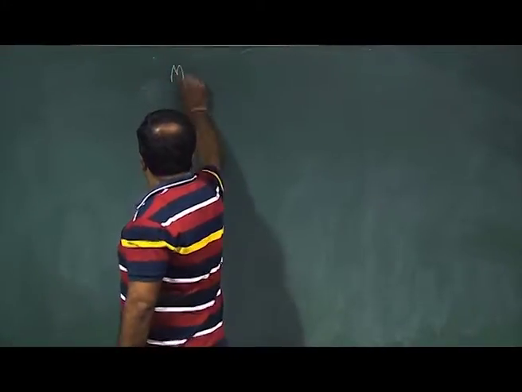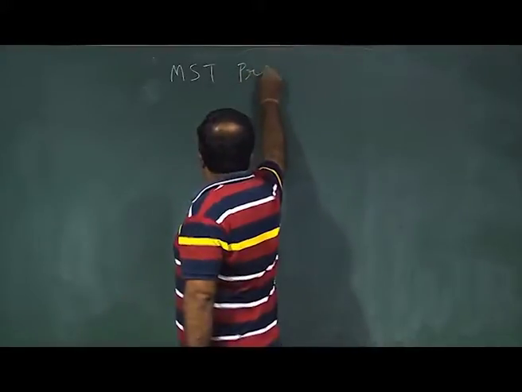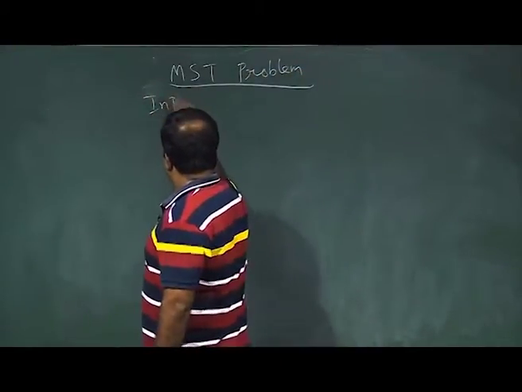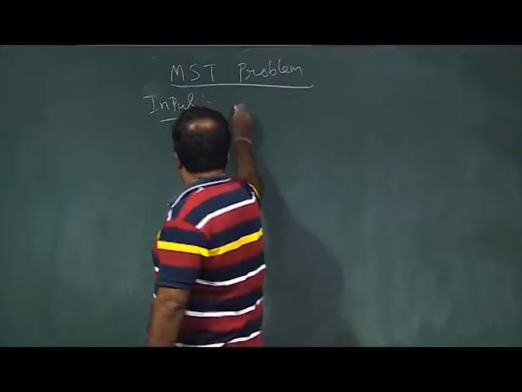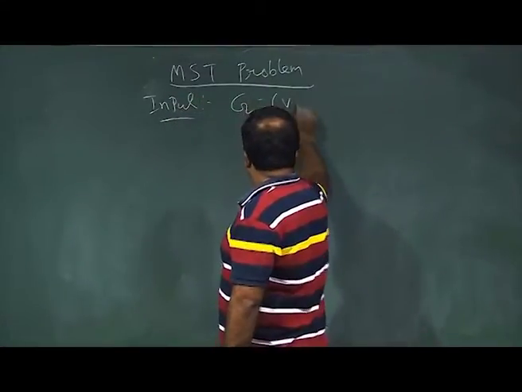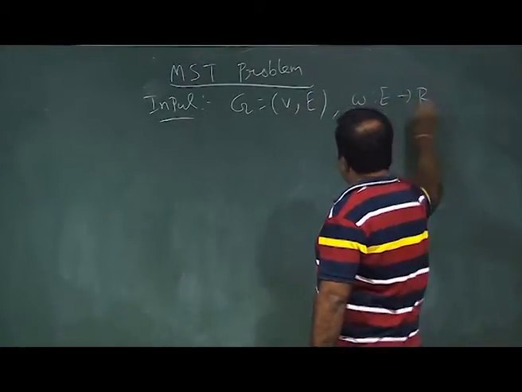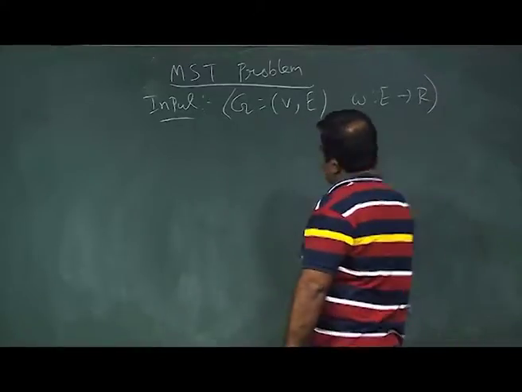This is the MST problem, the minimum spanning tree problem. The input is a graph G and an edge weight, and the output will be